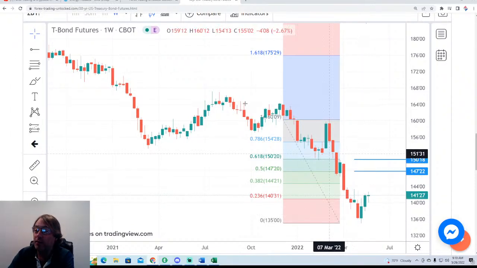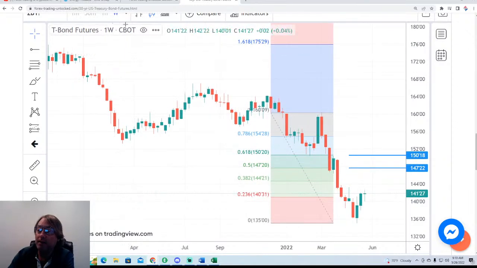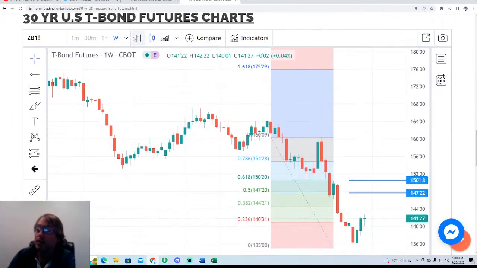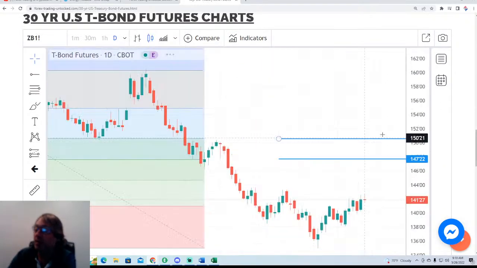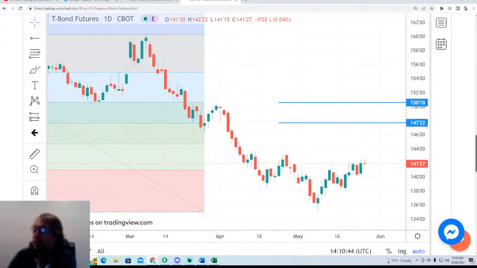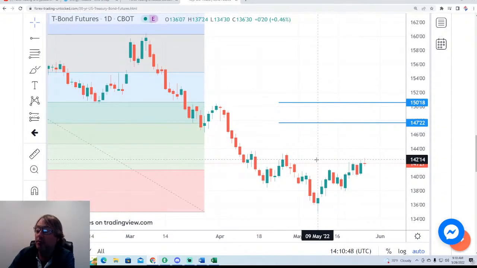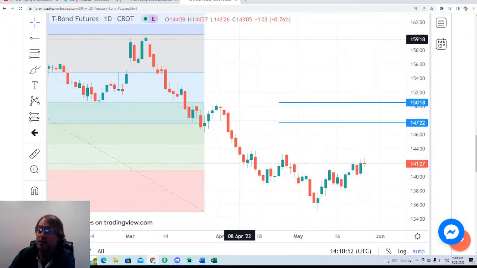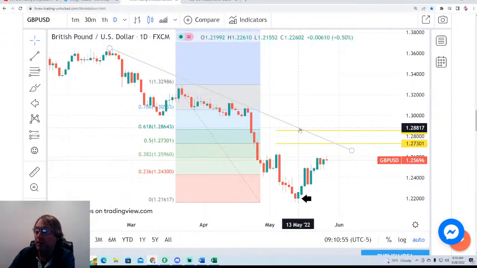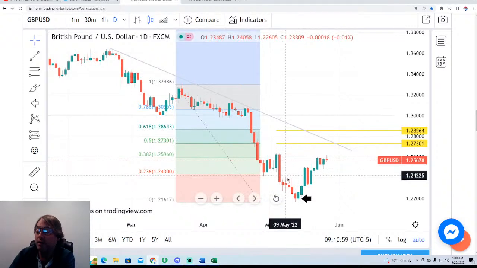However, this trend, if you look at here on a daily, it'll make it a little bit more clear how this is impacting the currencies. So here we have May 9th, when the interest rate market bottomed, and it's been trending higher since then. We go down to here, May 13th. So May 9th was back here. Interest rate market already turned, and